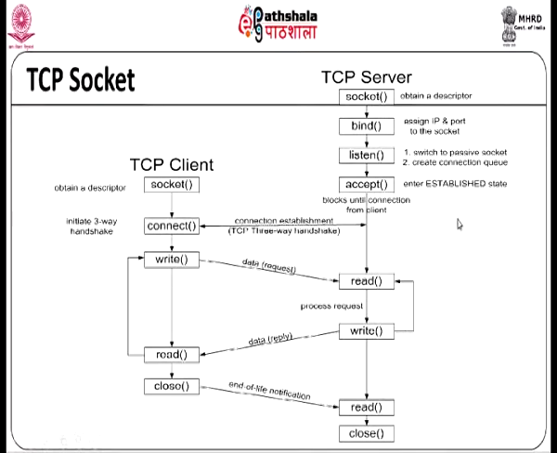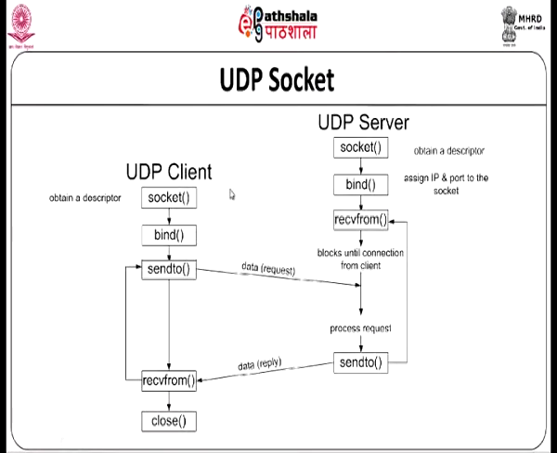You can relate it to TCP's connection state diagram and you will be able to understand what is happening. Similarly, if you are looking at a UDP socket, it is very simple because there is no connection establishment. All you do is open a socket and bind it to an IP address and a port number, and you are basically waiting to receive from the other side. You do a send to from here, and you receive on this side. This call will block until it gets something from the sender. So, this whole process will take place in a UDP socket.